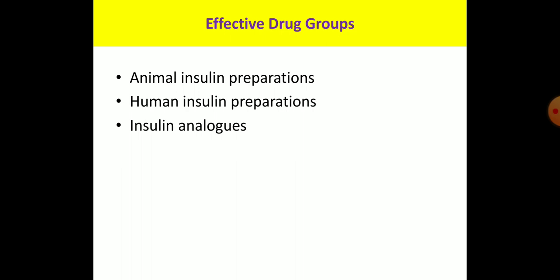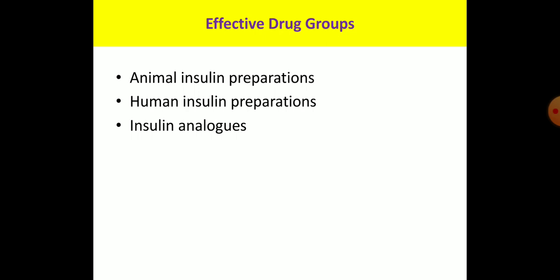There are certain ultra short acting insulin preparations which are very rapidly absorbed. So you can take this preparation just before the meal or even after the meal, so it will improve the postprandial blood sugar control. And there are long acting preparations like glargine, which has a peakless effect, and that's why the chances of hypoglycemia are negligible.